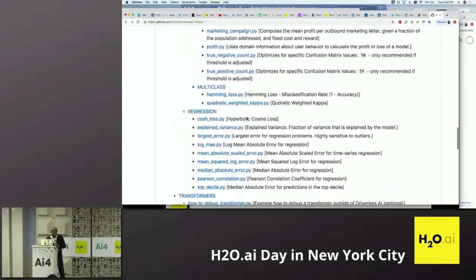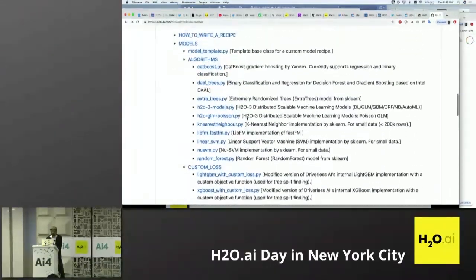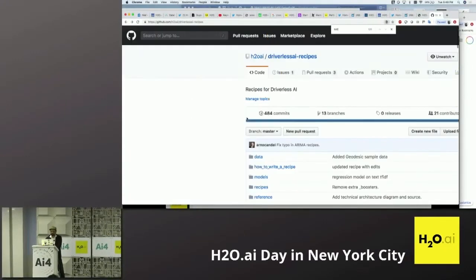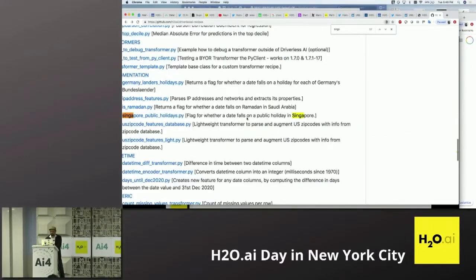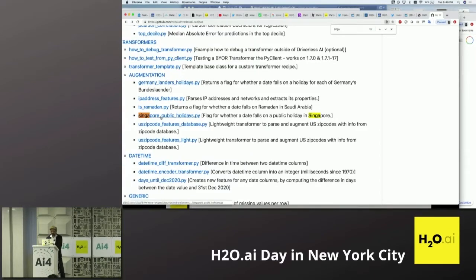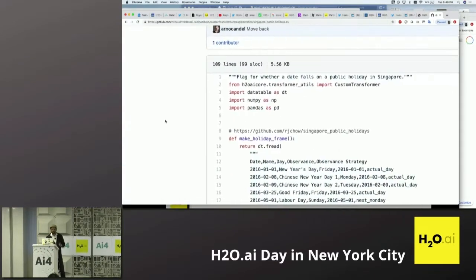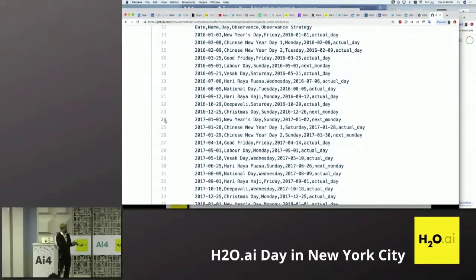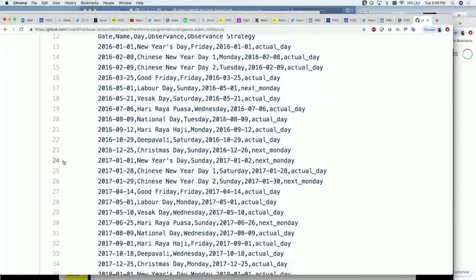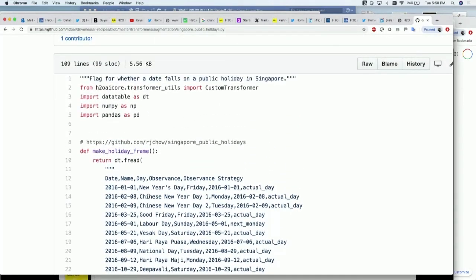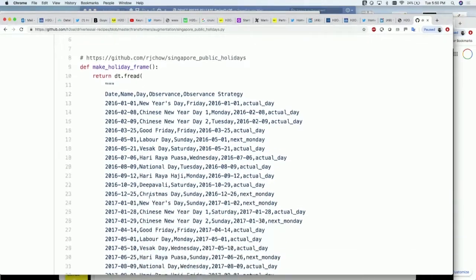A classic example, let me take the Singapore version here, Singapore holidays. So you're selling in Asia, and in Asian markets, of course, they have holidays that they follow. Hindu holidays, they follow Christian holidays, American holidays, as well as Chinese holidays. So how do you do that? You can now augment specialized holidays into the traditional way. The holiday transformer typically would have only supported American holidays. Now you can change that here.